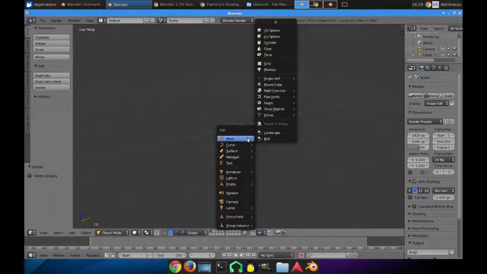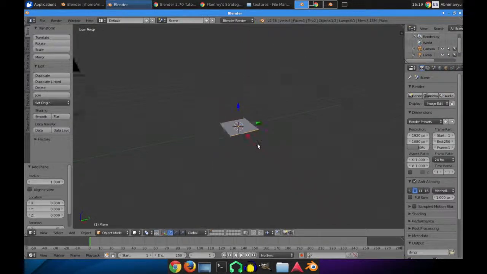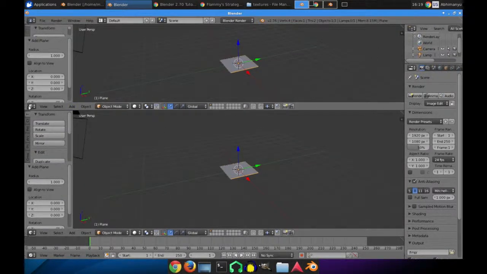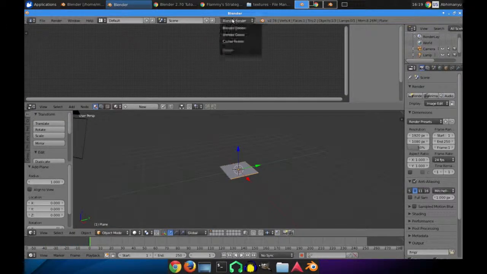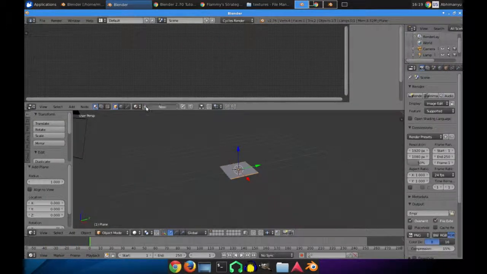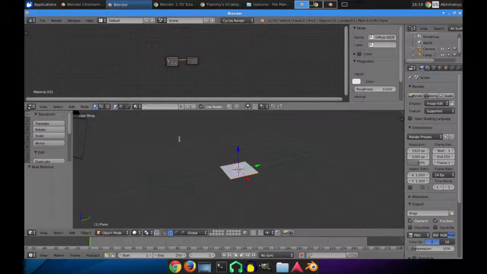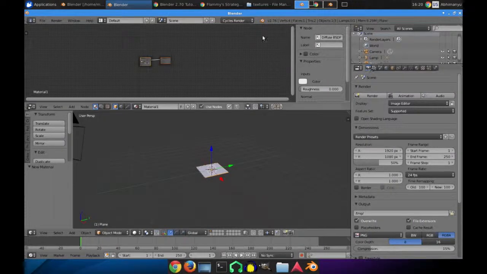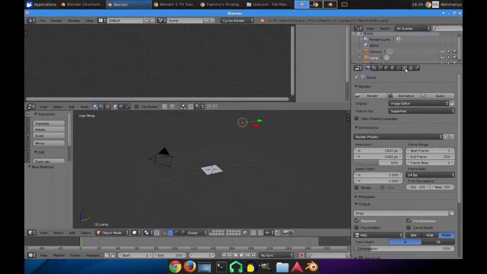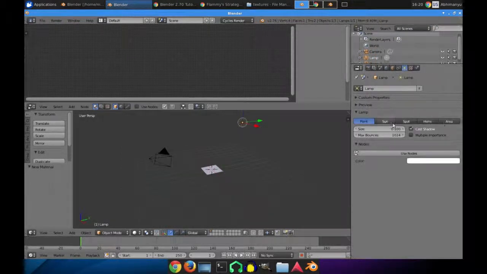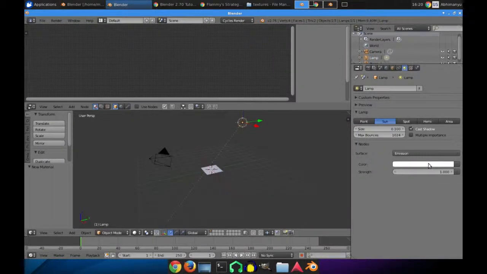Okay, so I'll add a mesh plane. Now this is a new scene, and I'll go to the node editor and I'll go to Cycles and add a new material and call this texture material 1. Now with this material I'll try to explain a few techniques,